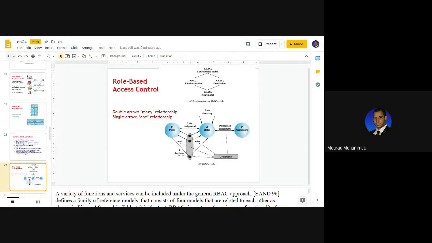A graph via which we draw all what we explained earlier. Level 0, the very minimal functionality, the basic one. Level 1 is a hierarchy to be added to level 0. Level 2 is the constraints to be added to level 0.